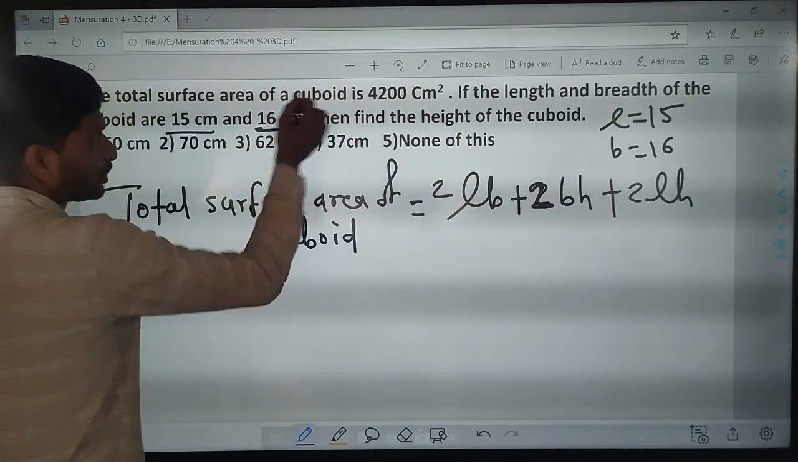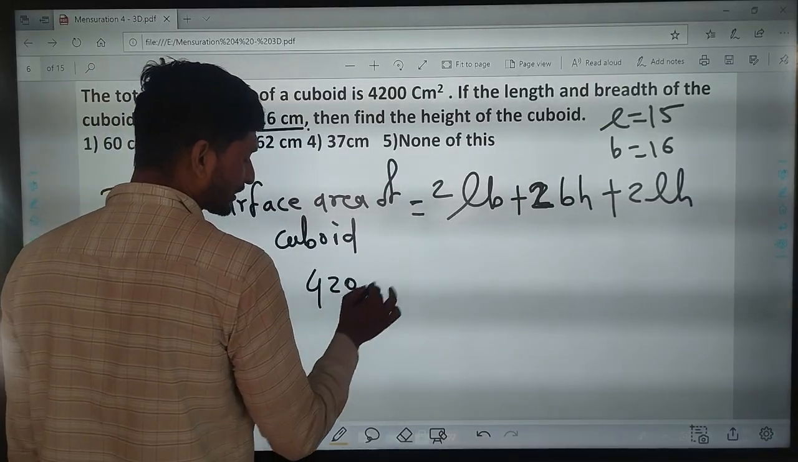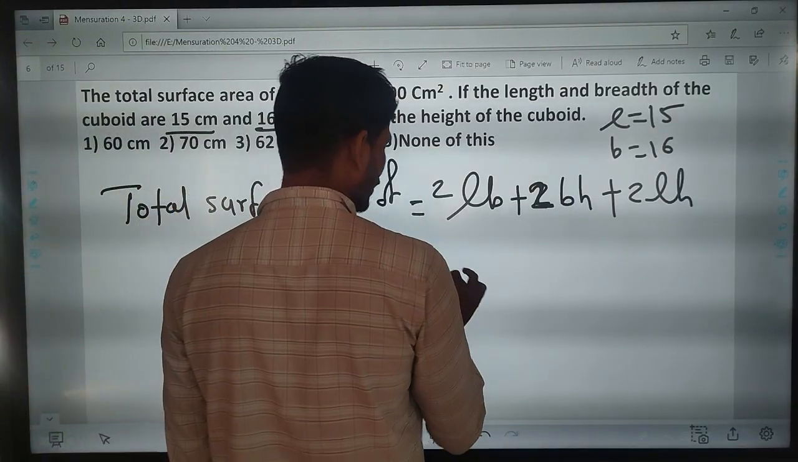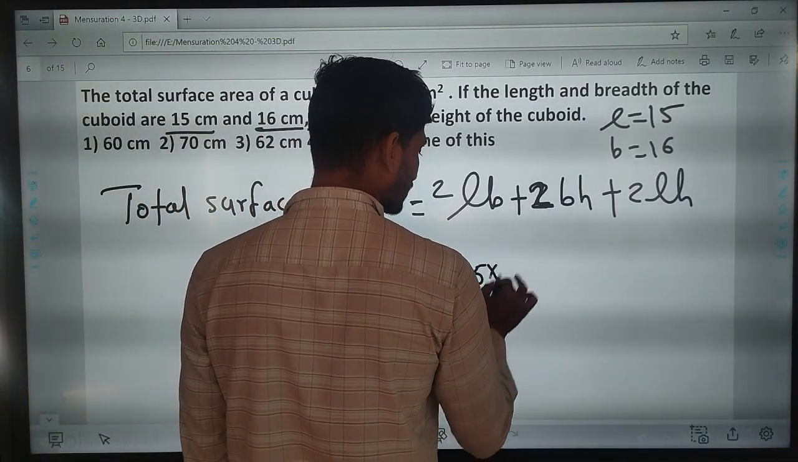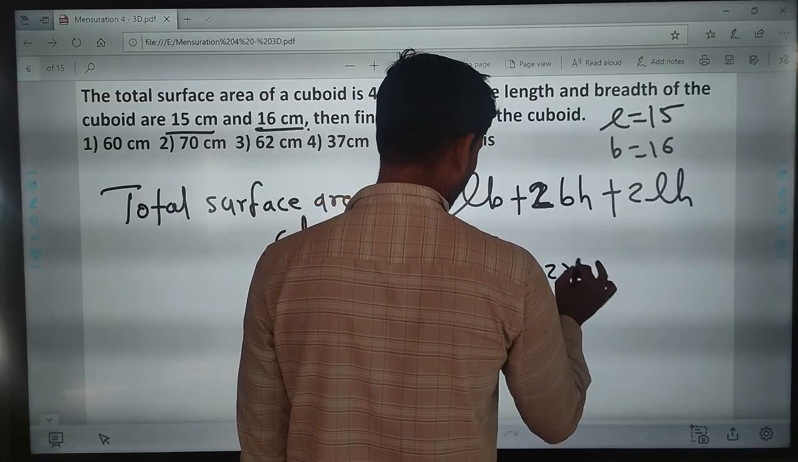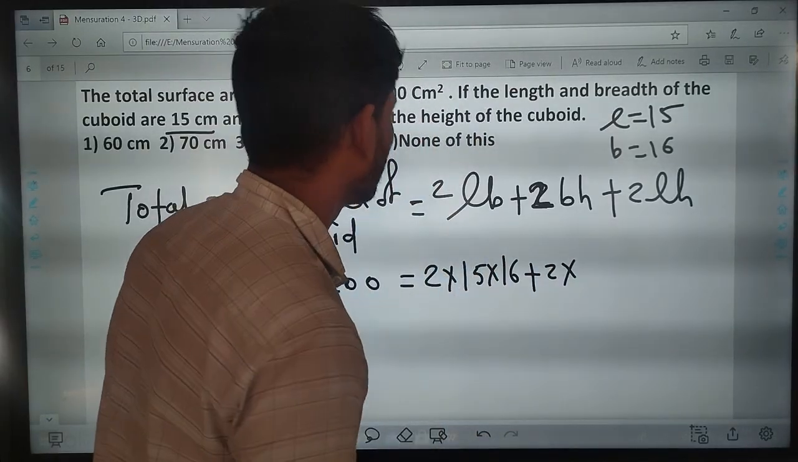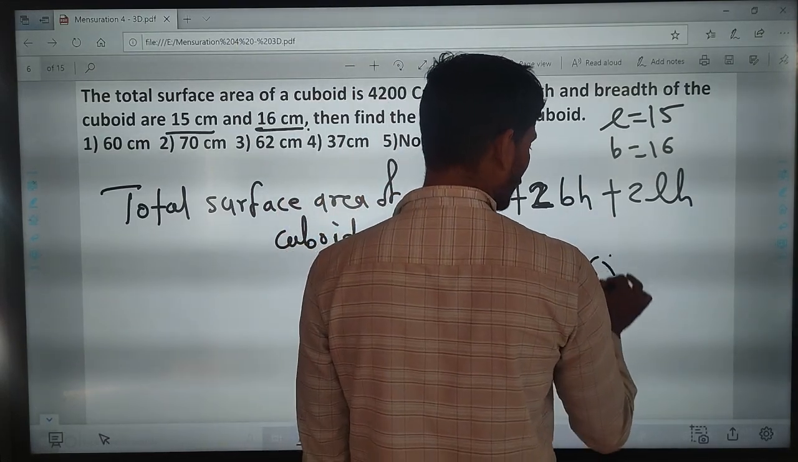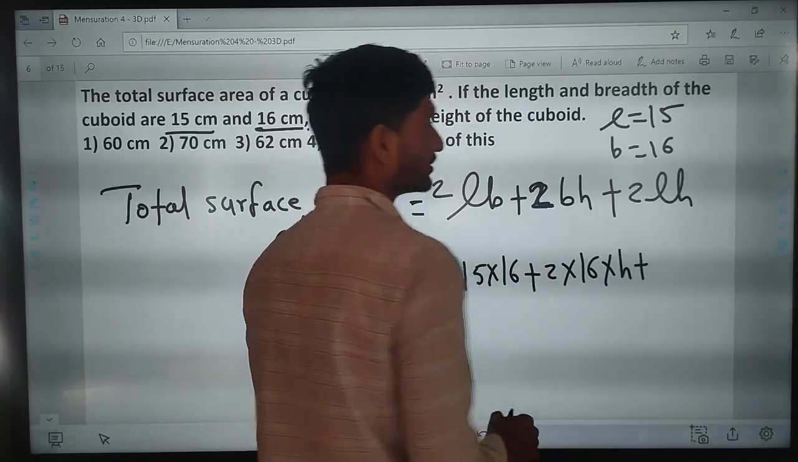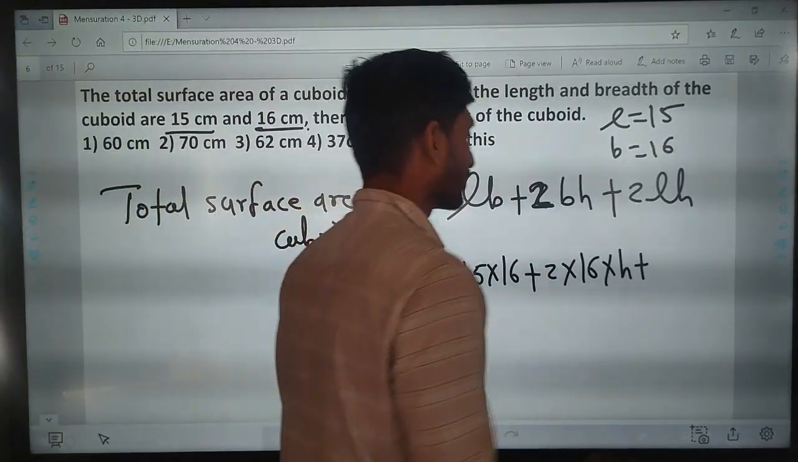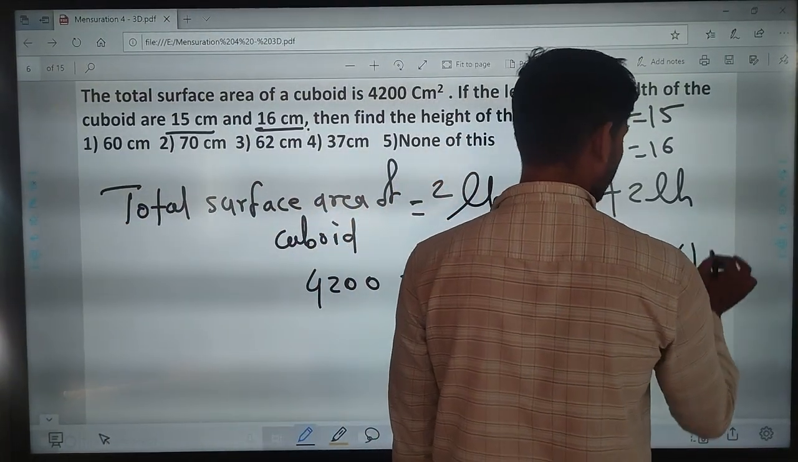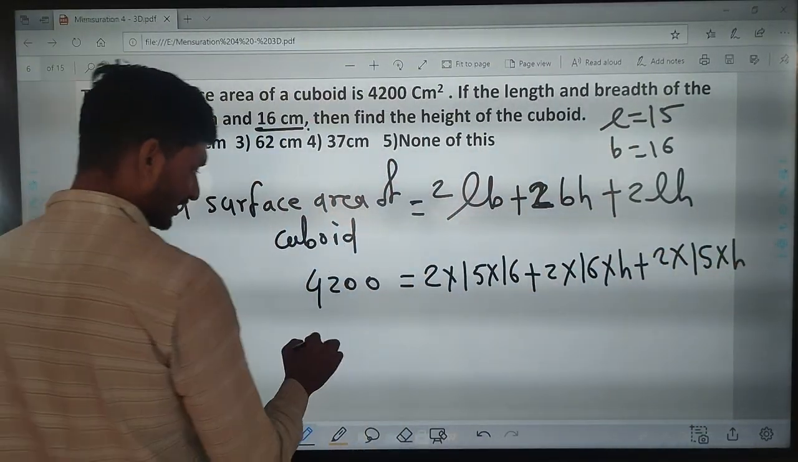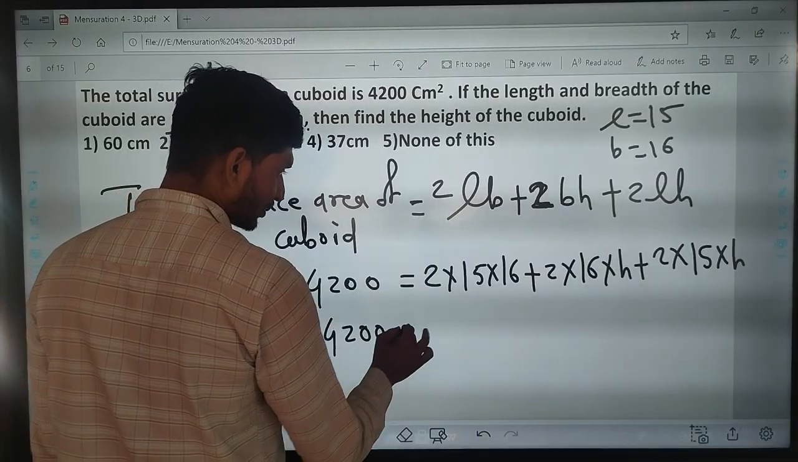Now this total surface area is equal to 4200. Now put this value: 2 into 15 into 16 plus 2 into length 15 into height, plus 2 into breadth 16 into height. Now here we find out the height. We write here 4200 is equal to